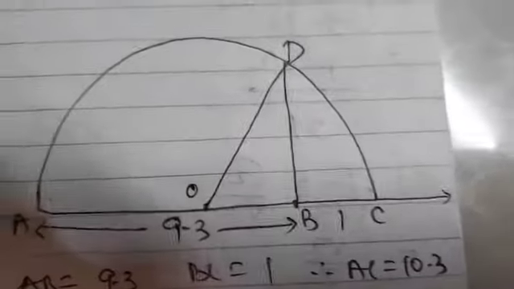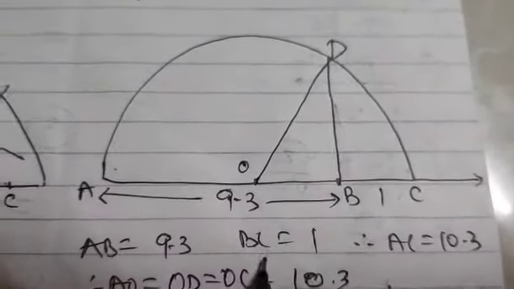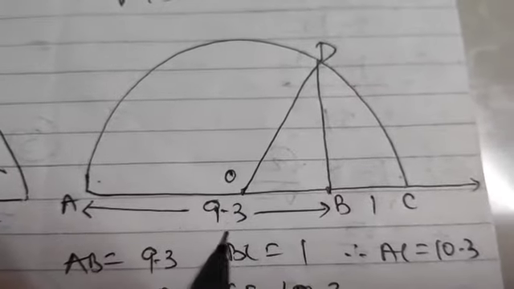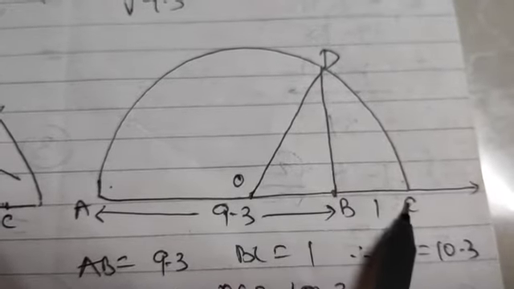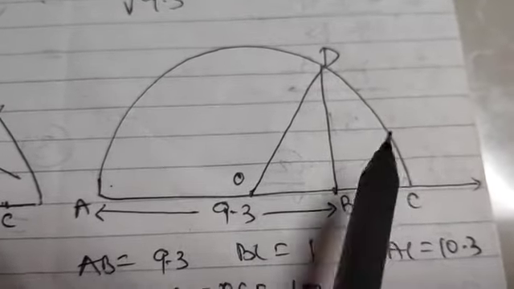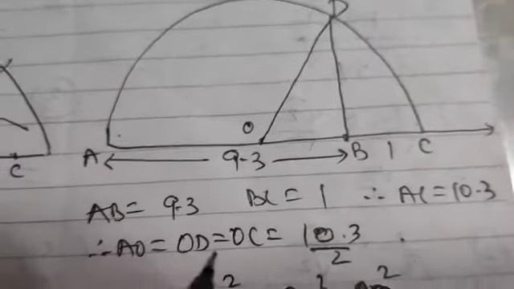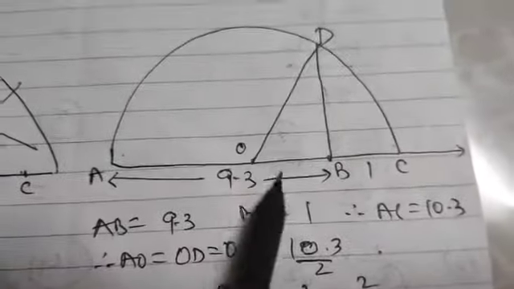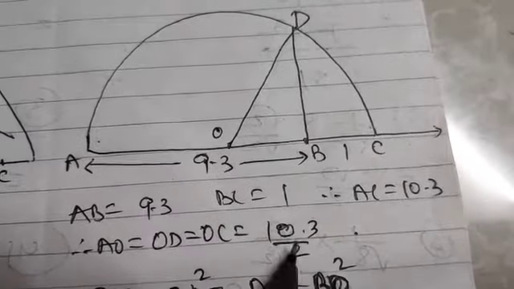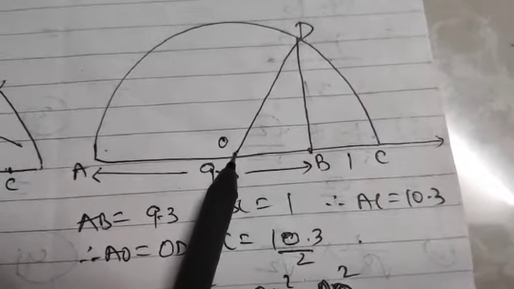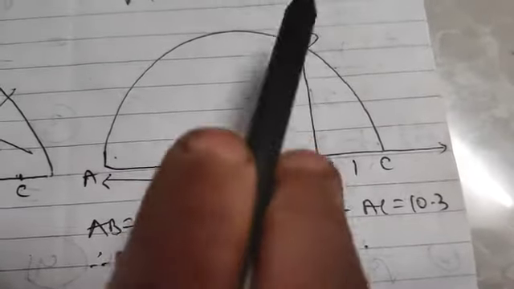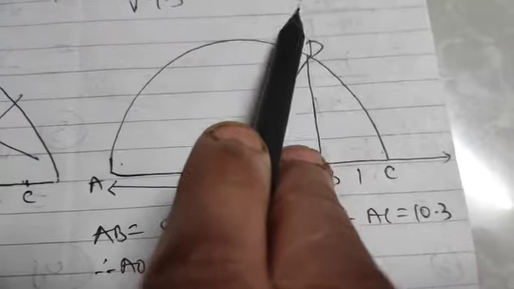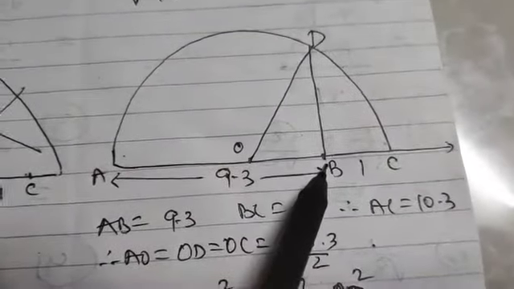One more value, which is square root of 9.3. This is a sum of your exercise, 1.5. They have said mark this number on the number line. So 9.3 you will take as the AB measurement, 1 more centimeter, that will be BC, so total AC will be 10.3. Correct? So if you want to find out AO, OD and OC, that will be 10.3 by 2 because they are the radii. I told you O as the center and semicircle you make it. Okay, then at B you place the protractor, obtain the point 90 and then join it. That will give you the BD distance.